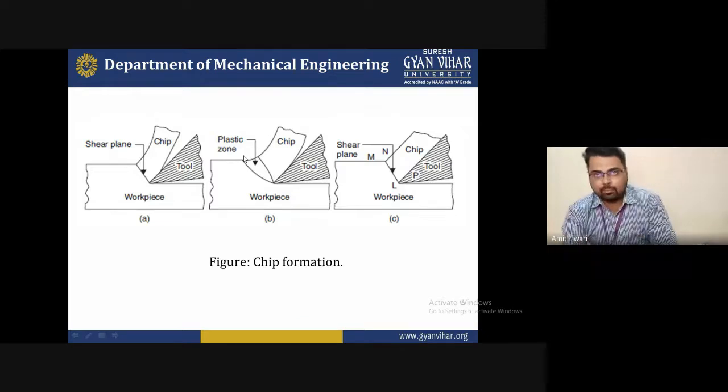Just for example, I showed an example in lecture one, the introduction section, of cutting an apple, where we use a knife as the tool. So whenever we cut the apple with the help of the tool, what happens? The tool easily cuts the material because the workpiece material is softer. So it also depends on the workpiece property, which I mentioned in my previous lectures 1, 2, and 3. If the workpiece material is not harder than the tool material, then it is easy to cut, and we will face no difficulty during the machining operation.